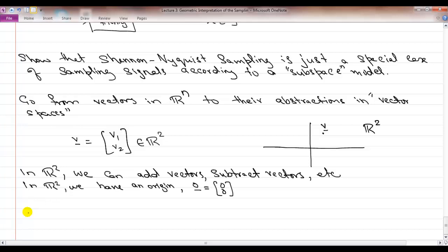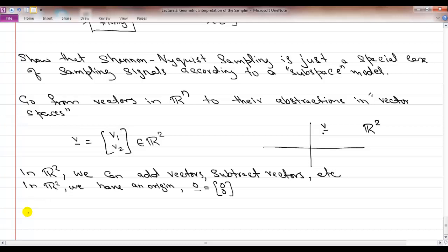Now, why do that? If we stay at the notion of vector space, it doesn't help us much. We don't gain anything substantial. But if we keep on adding the things that make, for example, R2 so wonderful, then we will end up with an understanding that